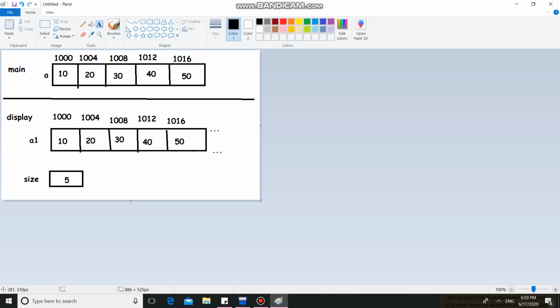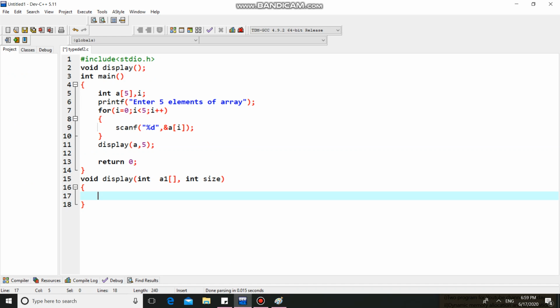In addition, if you change these values in a1, they will be reflected in the original array. That's why it is called call by address.